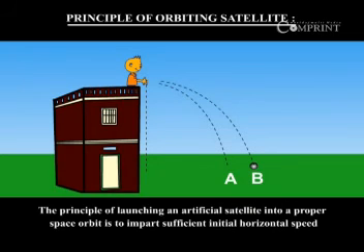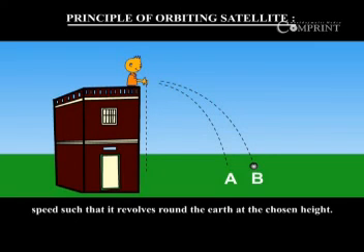The principle of launching an artificial satellite into a proper space orbit is to impart sufficient initial horizontal speed such that it revolves around the Earth at the